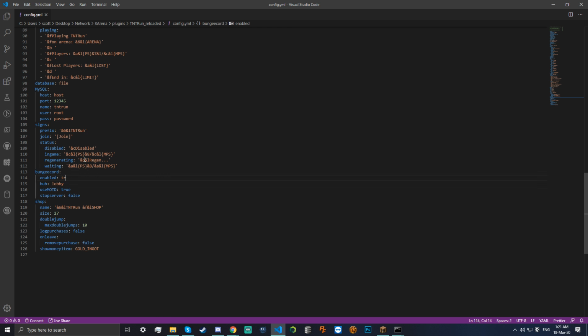Enable true. This you should only do on the arena. Do not do this in the hub. Okay, what is the command called for the hub? Well, that you normally do /server lobby. So this one's